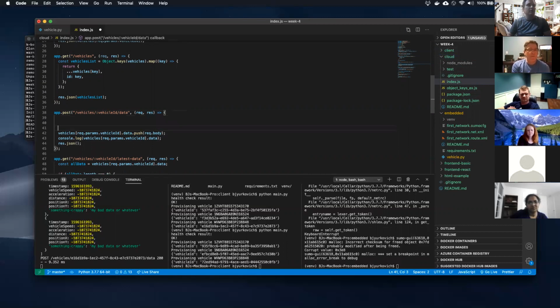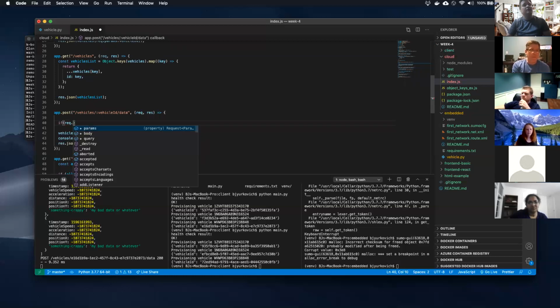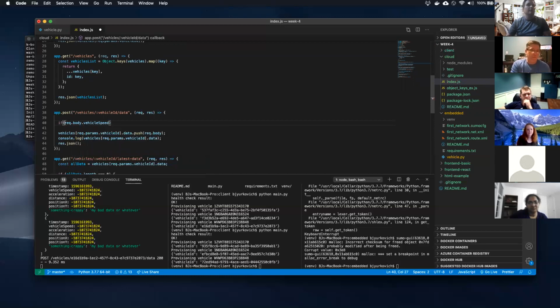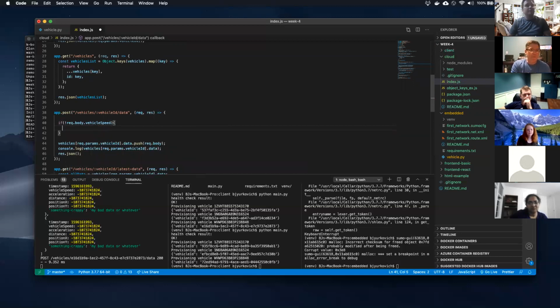We would say, if req.body.vehicle speed doesn't exist, then we have to return res.status code of what, 400 maybe, .json of maybe an error. We're now defining our own stuff here. You need vehicle speed.